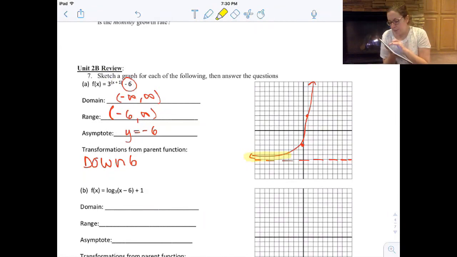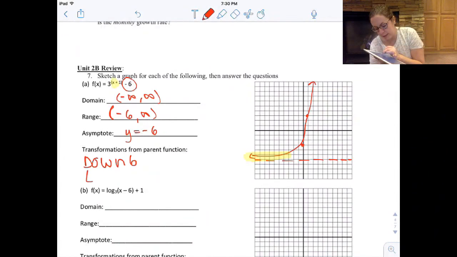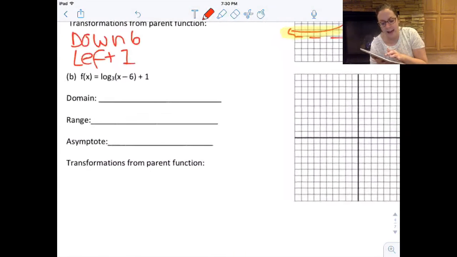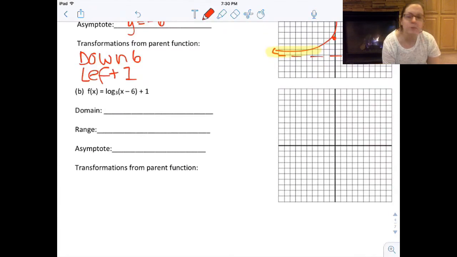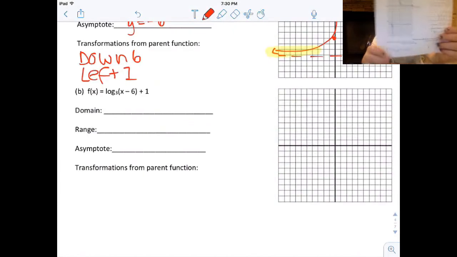All right, let's look at a log. So this is what my graph looked like. I'm going to start by showing you guys that. That's what my graph looked like. And notice I drew in my asymptote right there. The reason that I knew where that was because typically the asymptote for a log is at 0. And when I look at these transformations,